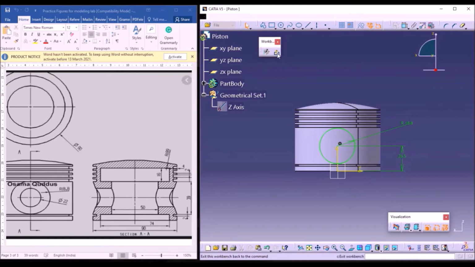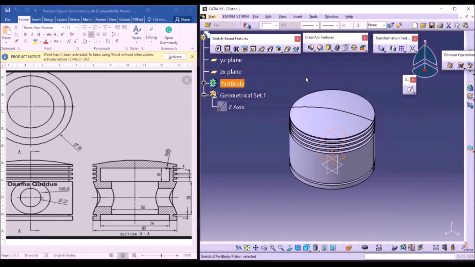Now exit from the workbench. By using the pad option, now I'm going to add the material to the sketch. But we need to remove this material from this part. Removing means we need to subtract this circle part from the piston outermost.